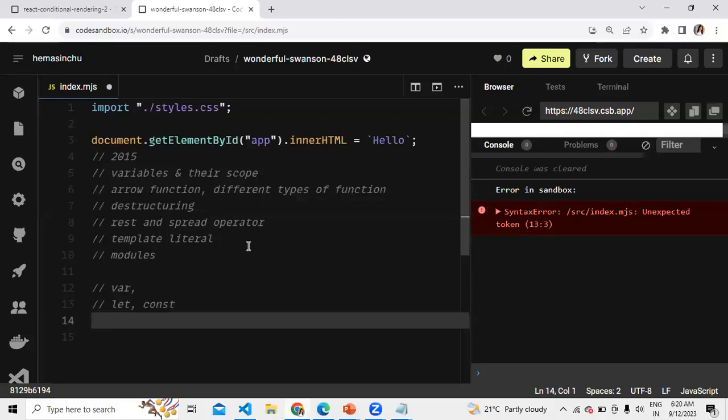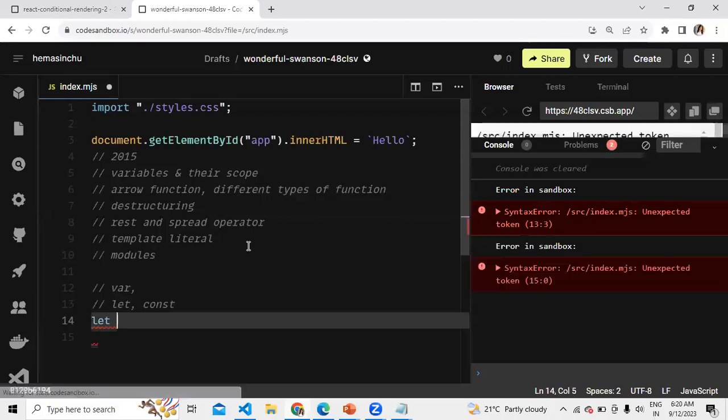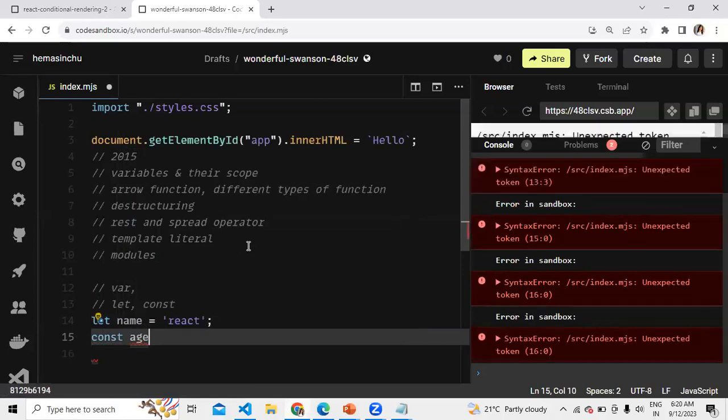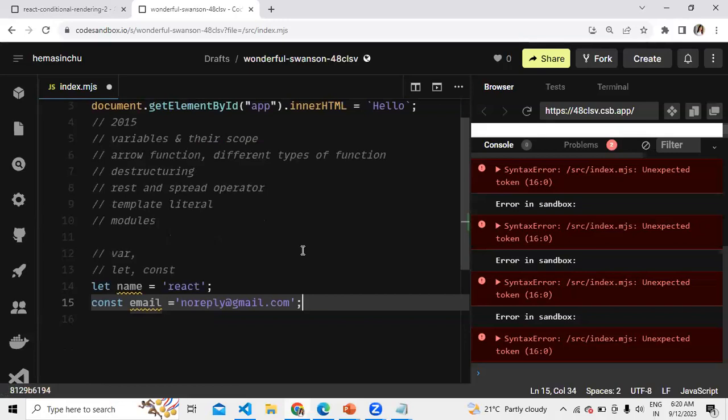How do I create a variable? Let name equal React. How do I create a variable using const? Const, let's say, email, let's create an email like this. I'm creating two variables, one using let and one using const.